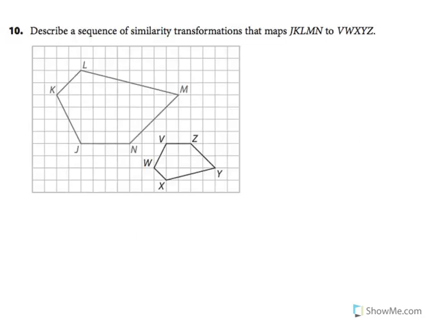Okay, let's go on to this one here. So for this one we want to describe the sequence of similarity mappings from JKLMN to VWXYZ. So to go from this figure to this one here, right? Okay, so then here we can have a reflection